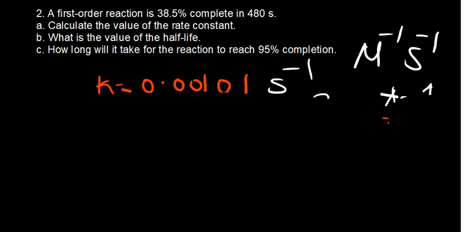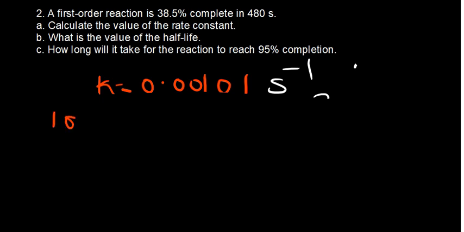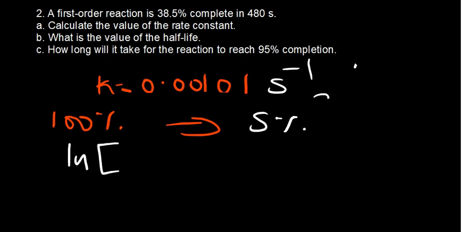So 95% completion. If you had started with 100%, then for it to be 95% done, you need to subtract the 95 from the 100 to get your final concentration. So therefore your final is going to be what? 5%. So you can go back to our equation. The natural log of the final concentration, which in this case is 5, is equal to minus k. Our k in this case is